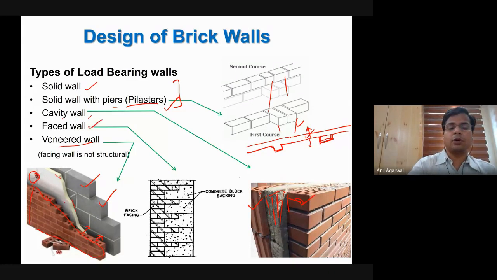Then you have a faced wall. In case of a faced wall, you have a single wall which is solid, but you use two different materials, or you use two different configurations. On one side you want to make it look better, so you use different material, but they are all bonded together, like in this particular case. On one side they have used concrete, the other side they have used clay bricks in such a way that this is the outside surface, so it looks nice from the outside, but from inside you can just plaster it. You don't have to worry about it. So these are the different types of walls.